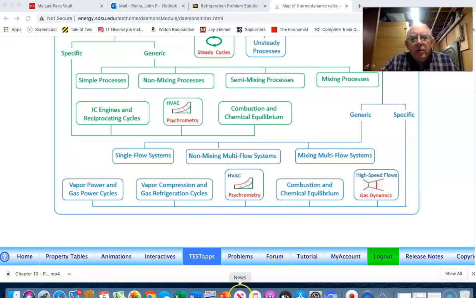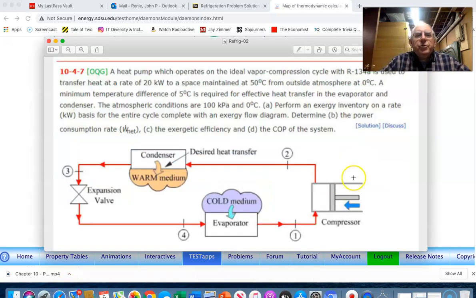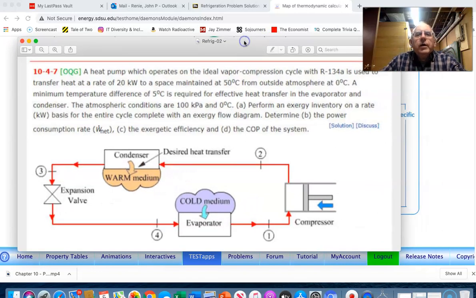Okay, in this particular video, we're going to continue in our calculation or our solutions to the problems. We're going to take a look now at the problem in 10.4-7. This is, as we see here on the screen, a heat pump that operates on the ideal vapor compression cycle with R134A being our refrigerant,